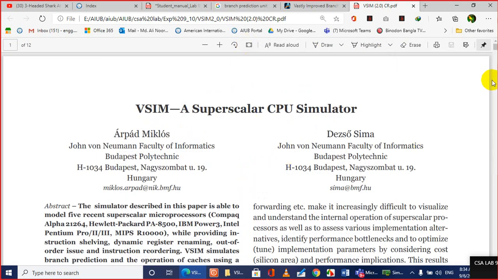The simulator described in this paper is able to model 5 recent superscalar microprocessors: Compaq Alpha 21264, Hewlett Packard PA8500, IBM Power 3, Intel Pentium Pro 2 and 3, and MIPS R10000.